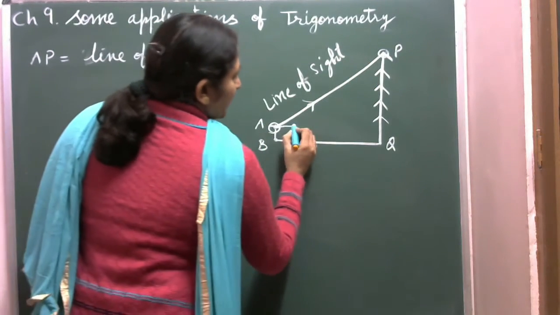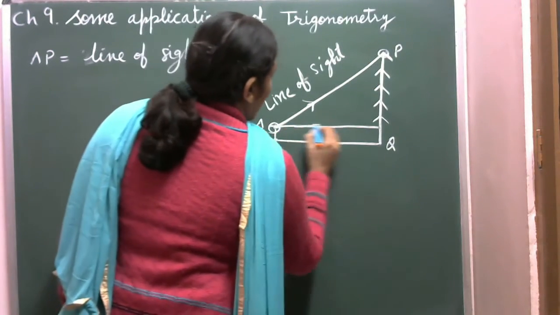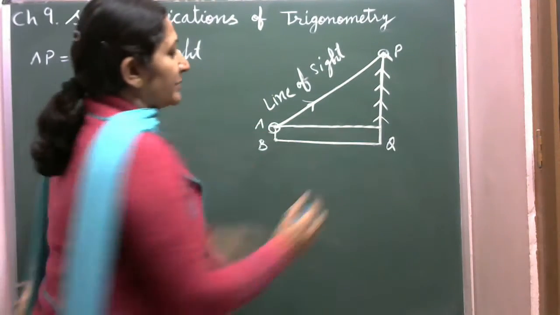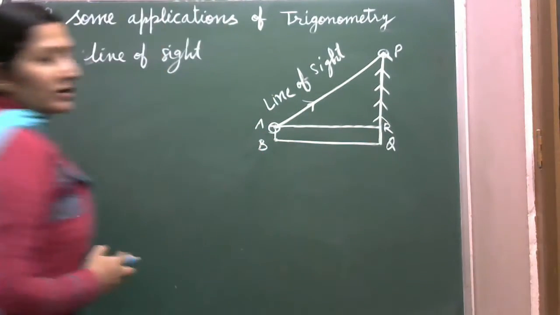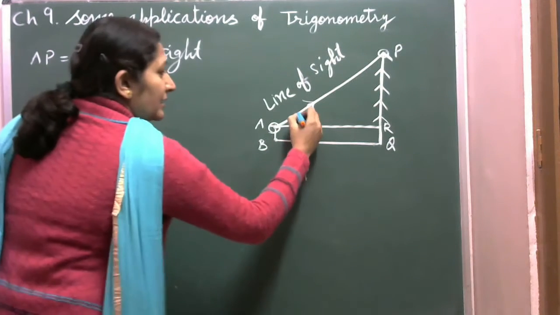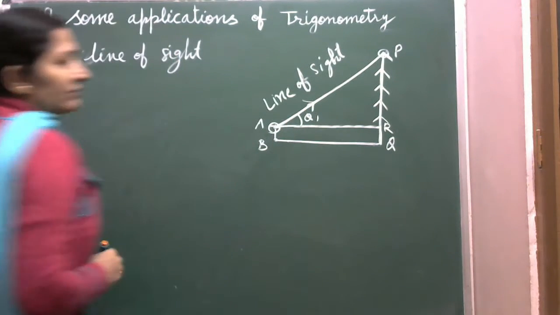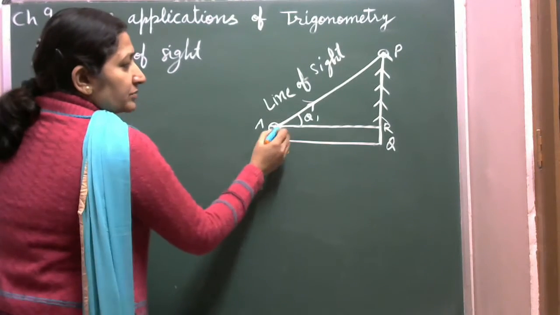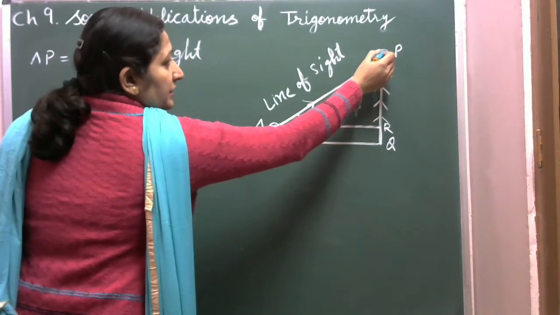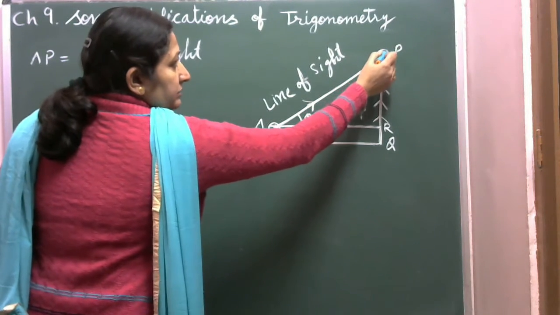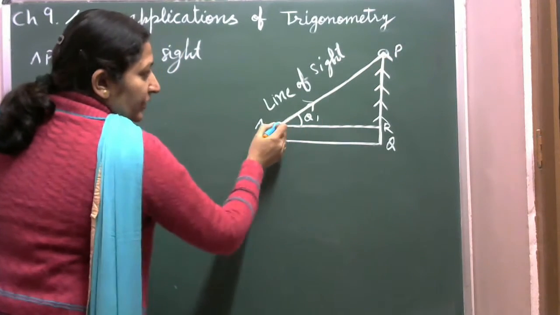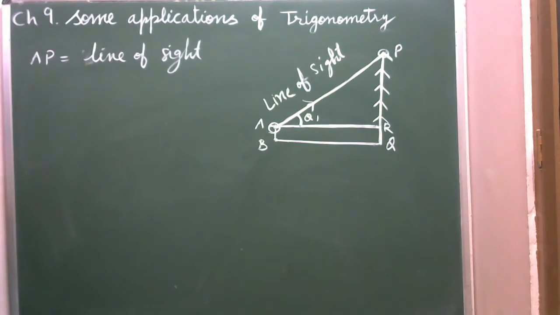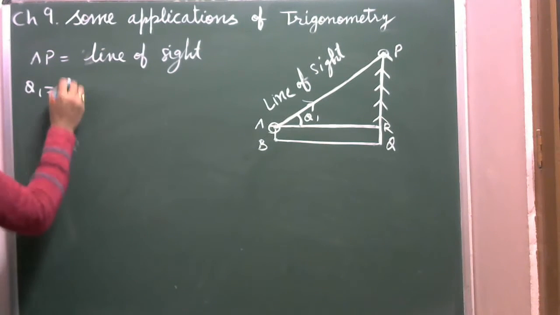हम यहाँ से एक इमेजिनरी लाइन ड्रॉ कर देंगे विच इज पैरेलल टू हॉरिजॉन्टल लाइन. It is the height of the person. यहाँ से PR is equal to height of the person. Now this angle θ1 between the eye of the observer and this object, ये लाइन ऑफ साइट हो गई, एंड द हॉरिजॉन्टल, इनके बीच में जो एंगल बनता है उसको हम बोलते हैं एंगल ऑफ एलिवेशन.